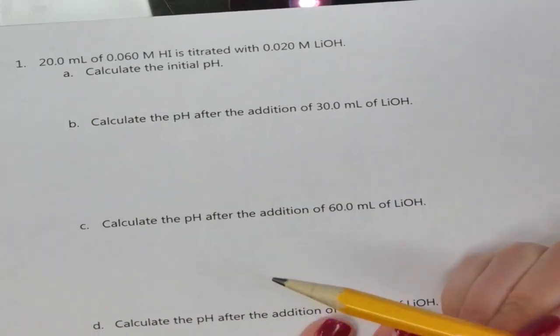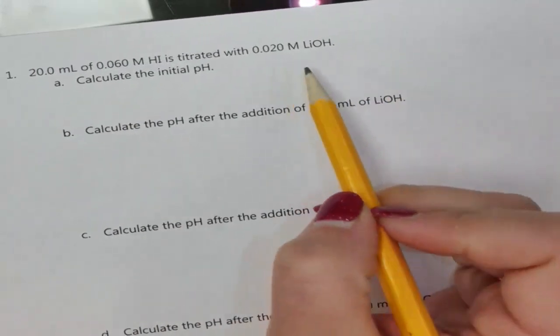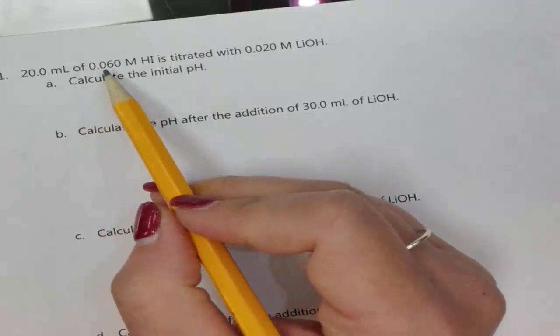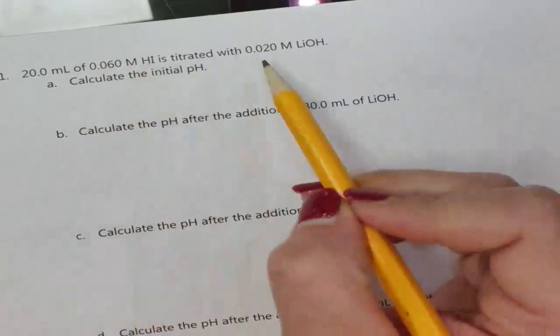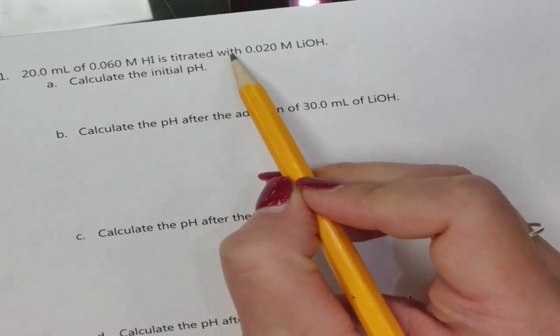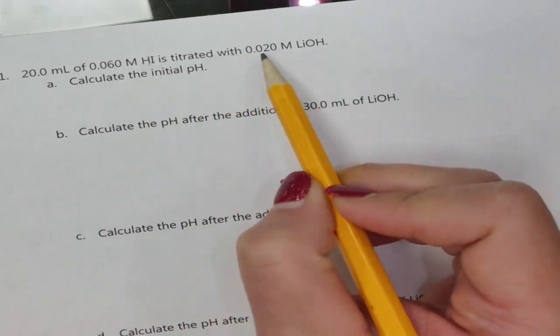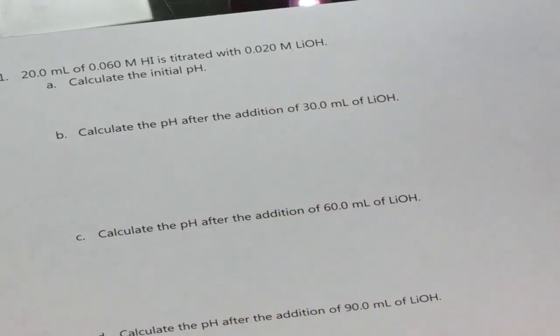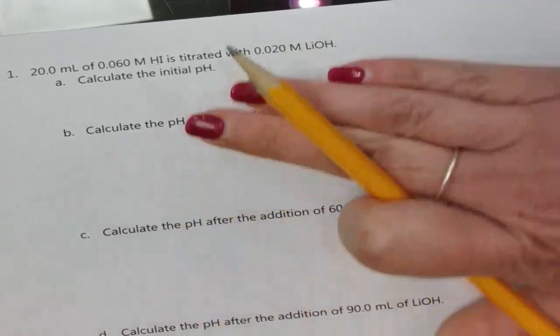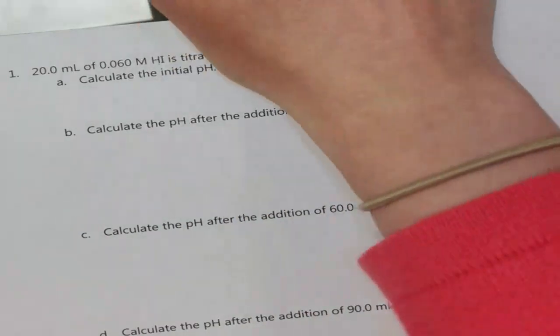This is like a lab that we're going to do. Let's say that you started with 20 milliliters of 0.06 molar hydroiodic acid, and you had lithium hydroxide that was 0.02 molar. So what is the initial pH? Before I add any base,